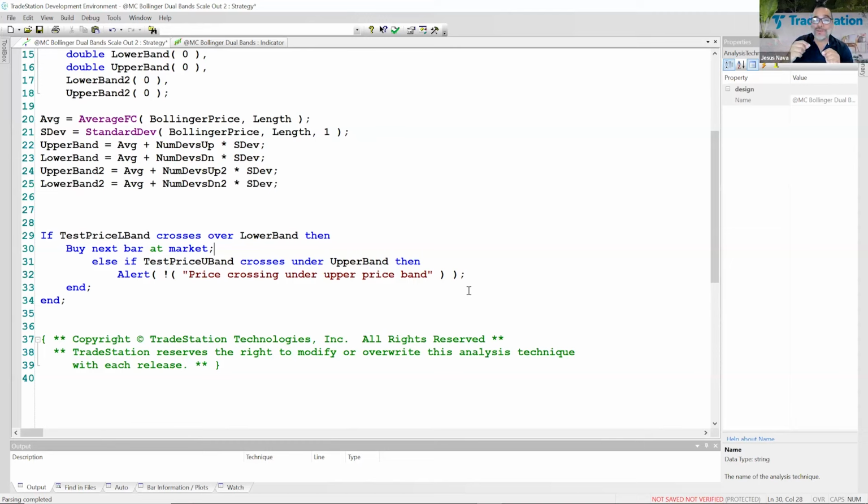I'm going to go on to another line so that it doesn't try to mix all those lines together. Notice how simple the command is, though. Buy next bar at market. A lot of questions. One important question that comes up all the time is, why next bar and not right away? The reason for that is because